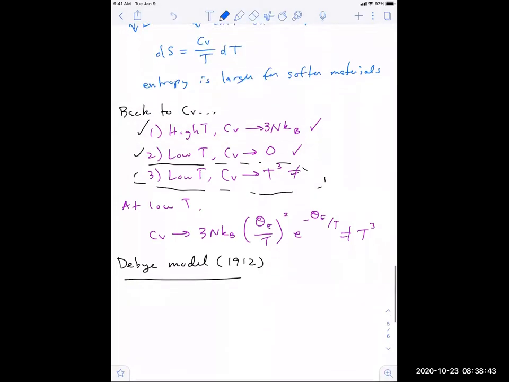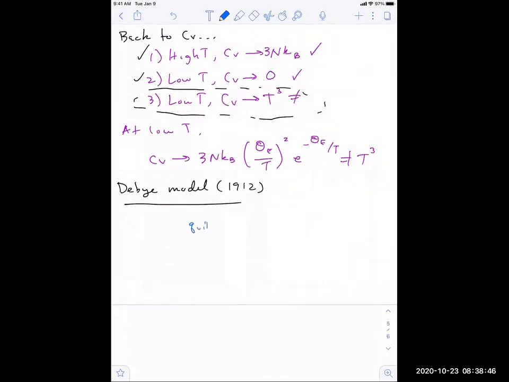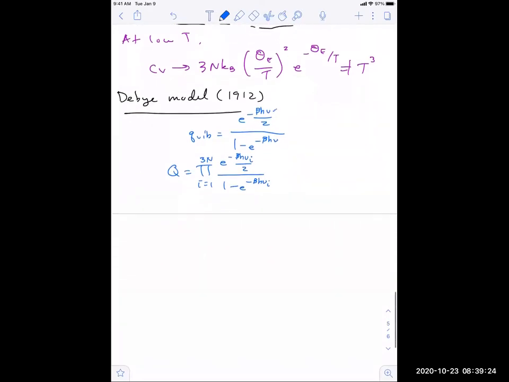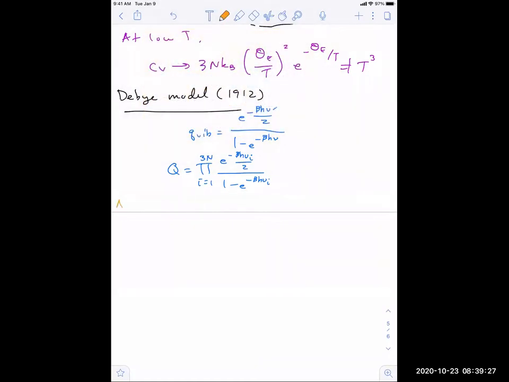All right, so I'll start by just rewriting the vibrational partition function. And I'm relaxing Einstein's assumption that all of these frequencies are the same. So now I'm just writing this general nu here. Then the overall partition function could be written as a product over all of these states, I. If we assume these are continuous,